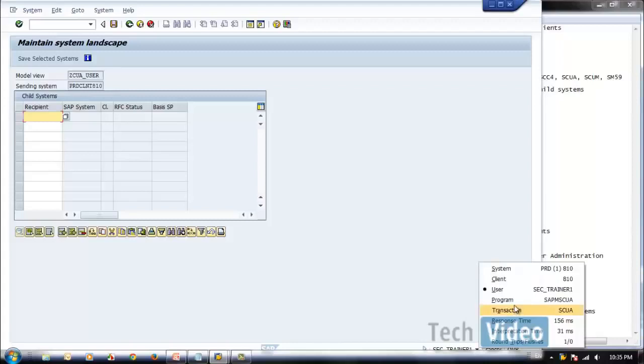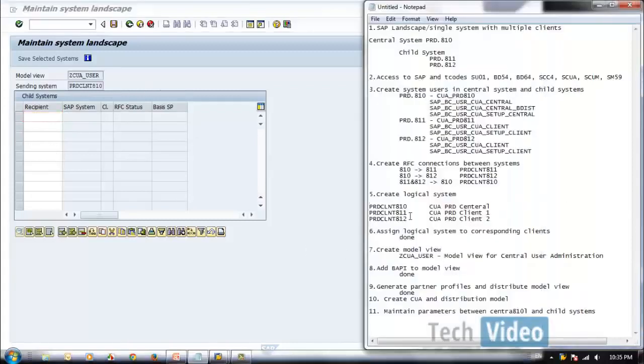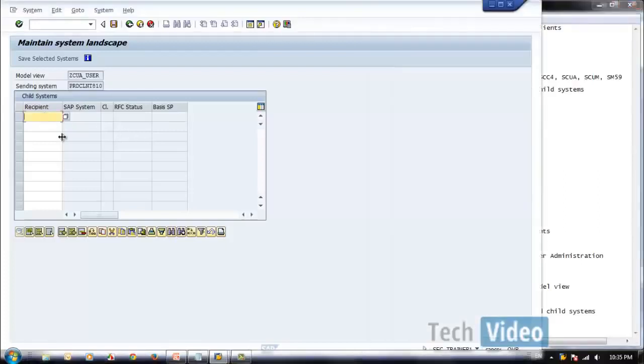Okay, this is our model view and this is our sending client. So we are in client 01. The receiving clients are two clients, the PRD clients 811 and 812. Okay, and it gives all details.